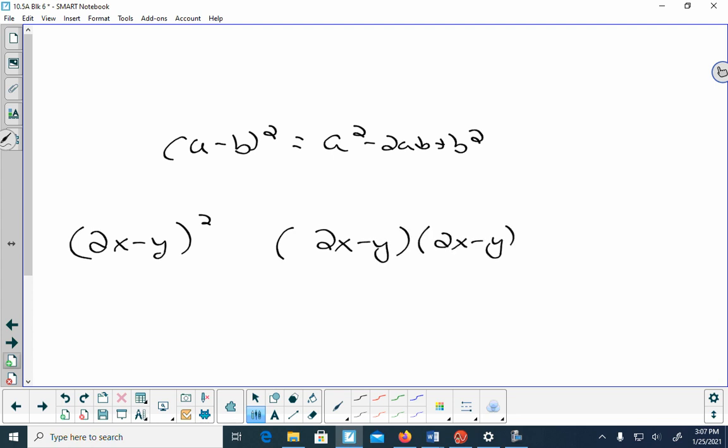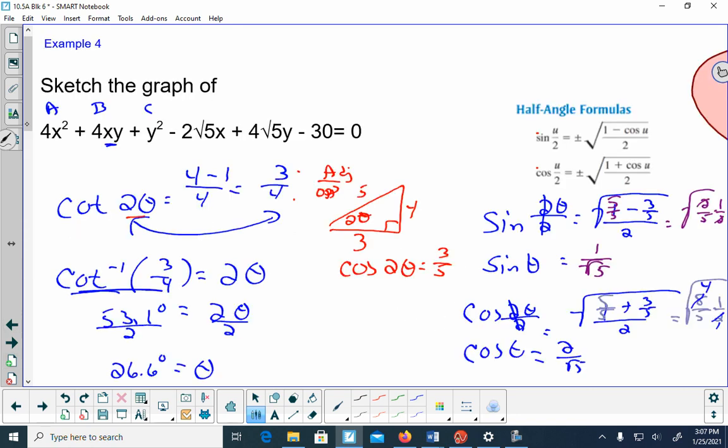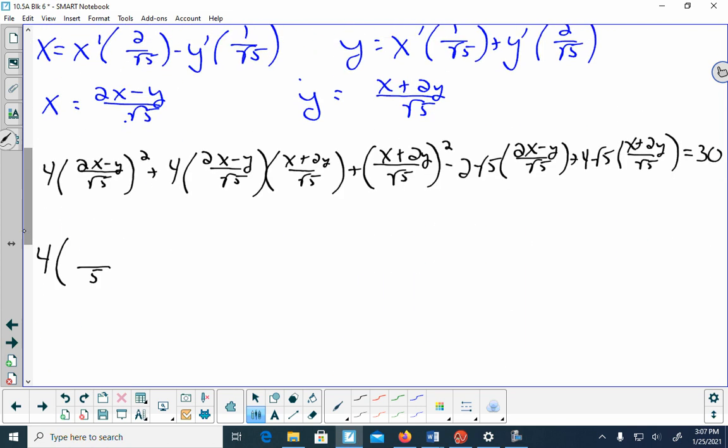However you want to think about it, to FOIL it correctly, that's what you need to do. So it'll end up being 4x squared minus 4xy plus y squared. That is going to be my numerator. So I'm going to put that on my numerator. So that'll be, and that's all over 5